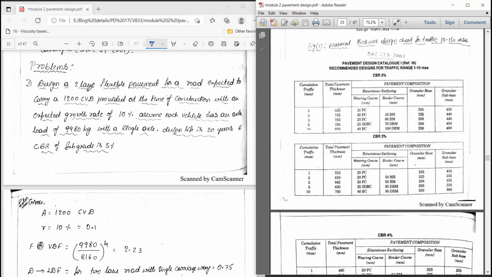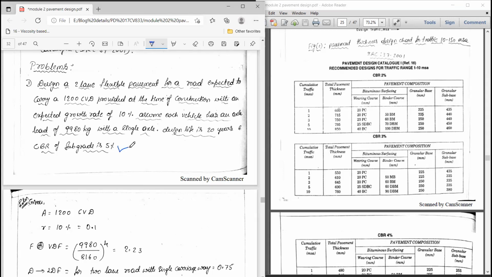Design a two-lane flexible pavement for a road expected to carry 1,200 commercial vehicles per day, provided at the time of construction with an expected growth rate of 10%. Assume each vehicle has an axle load of 9,980 kg with a single axle. Design life is 20 years and CBR of subgrade soil is 5%. For this problem, you need to design the thickness of the pavement, that is, the different layers' thickness, as per IRC